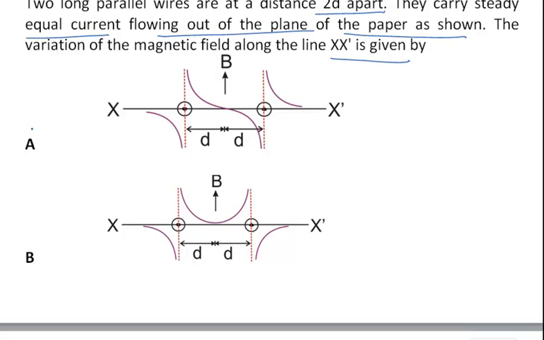So option A is correct. At midpoint it is 0, and at this point it is infinity, at this point it is minus infinity, becoming infinity the moment you move beyond point 2, and it becomes minus infinity if you move beyond point 1 in this direction. Okay,